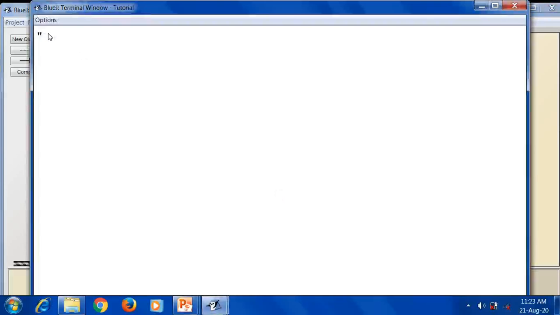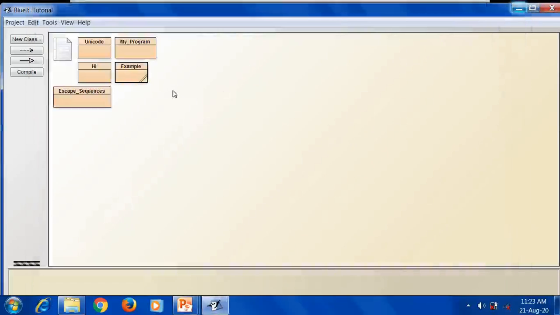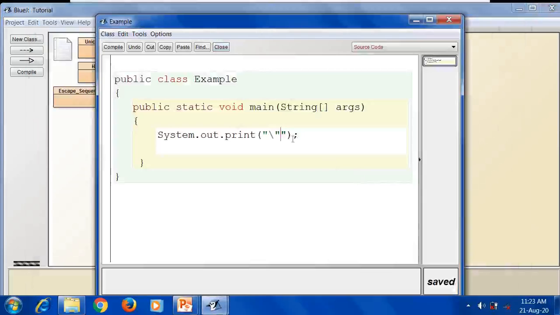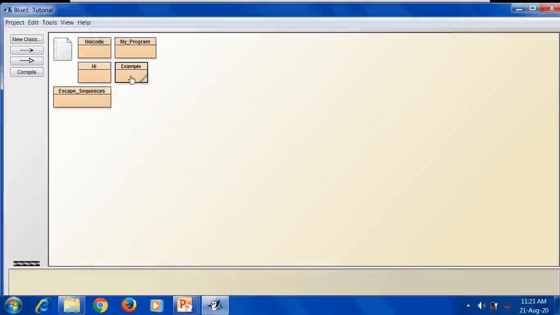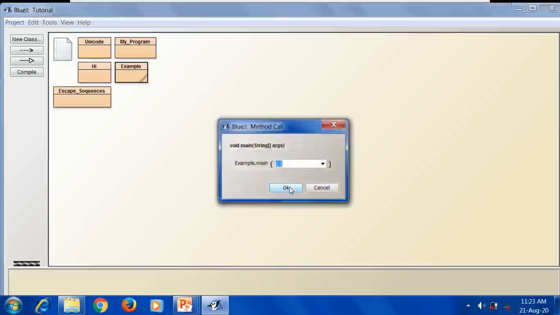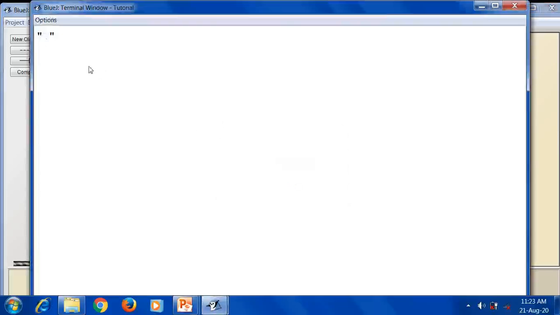1 double quote is going to print. Next, if you want to print another double quote, then write another escape sequence, then give that double quote symbol. Here 2 double quotes will be printed on the output screen. Okay, 2 double quotes.